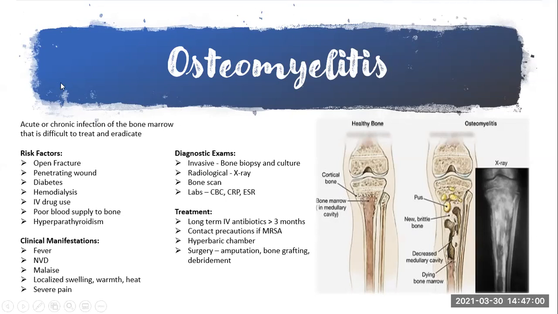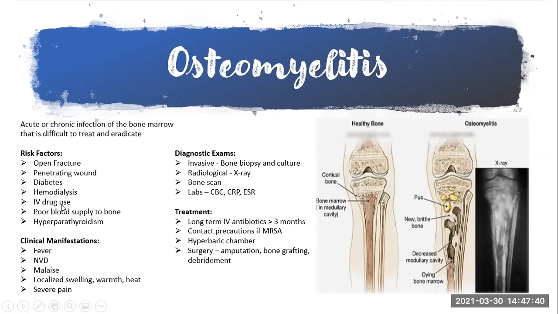It can, like I said, lead to loss, necrosis, and loss of the limb. Risk factors you see here, obviously open fractures, penetrating wounds, that's going to lead to a direct entry point for bacteria. Diabetes is going to increase your risk for every infection. Why? Because bacteria feeds off of sugar. Diabetics have higher glucose in their system, so they are at risk for poor healing and infection, wound infections, and